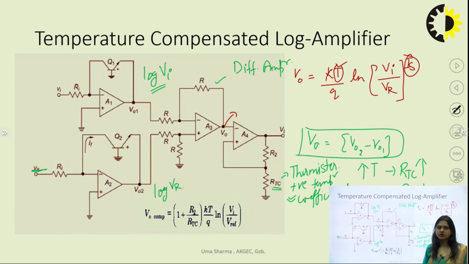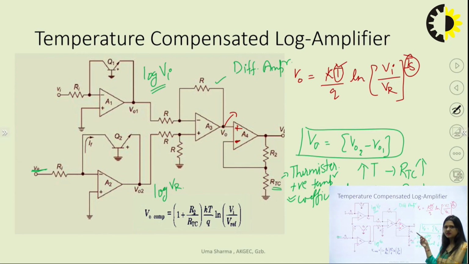Now, to overcome this problem of temperature, a non-inverting op-amp is added. This is the negative terminal and this is the positive terminal. Here you can see that this is a non-inverting amplifier where the input is connected at the non-inverting node, whereas at the inverting node there is a feedback connected, and this feedback consists of 2 resistors.